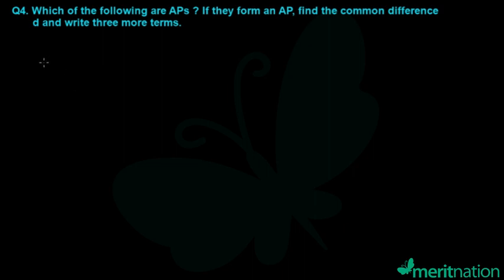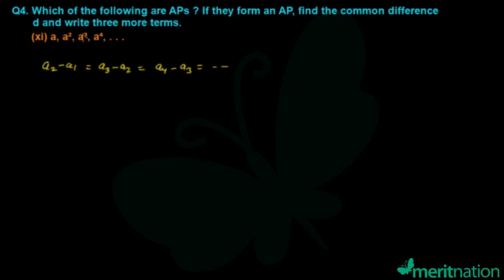What is the concept? If a series or a sequence is an AP, then the difference between two consecutive terms must be the same. That means second term minus first term must be the same as third term minus second term, and that must be the same as fourth term minus third term, and so on. This is the condition. If this is true for a sequence, then it is an AP. So our first part is here: